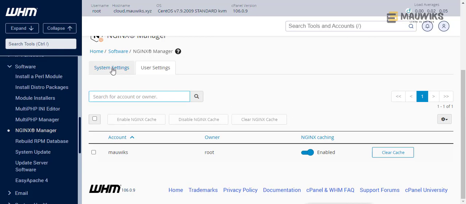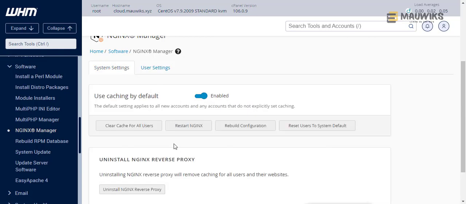But if it's not working, then what I do is I just restart NGINX here, this button here, and then rebuild,